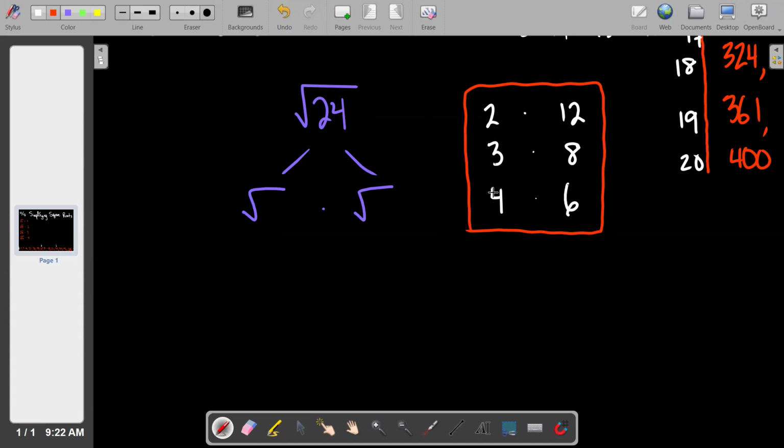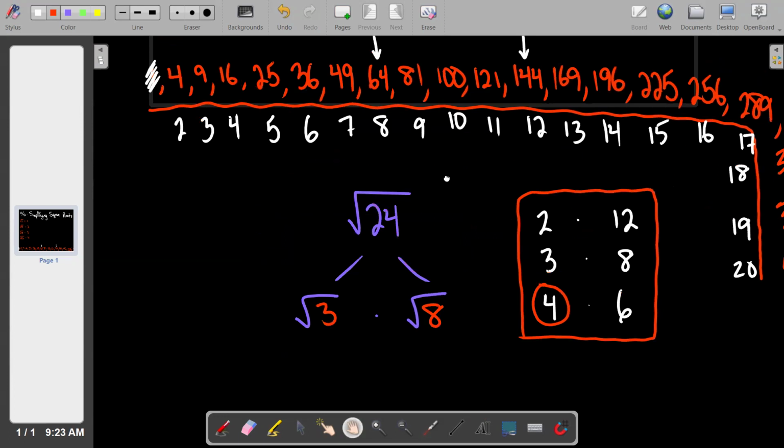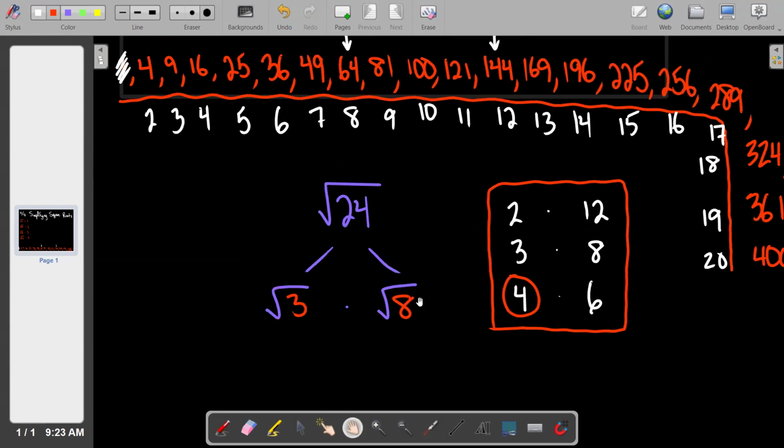We like 4 times 6 because 4 is square rootable. If I picked 3 and 8, here's the problem with 3 and 8. Can you take the square root of 3? Can you take the square root of 8? Those numbers are not on the red list, therefore they're of no use to me at all. I want to make sure that I'm only picking numbers that can make me some simplifying square rooting progress. Same thing could be said if I picked 2 times 12. 2 is not up on this red list and 12 is not on the red list, so they're no good to me. But if I pick a 4